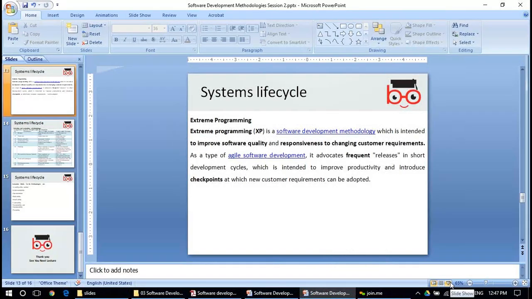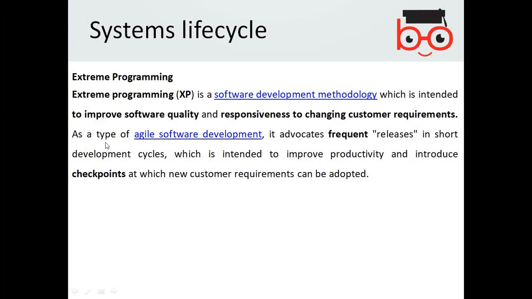However, as a type of agile software development, it advocates frequent releases in short development cycles, which is intended to improve productivity and introduce checkpoints at which new customer requirements can be adapted. What are checkpoints? Basically, the checkpoints are particular code breaks.